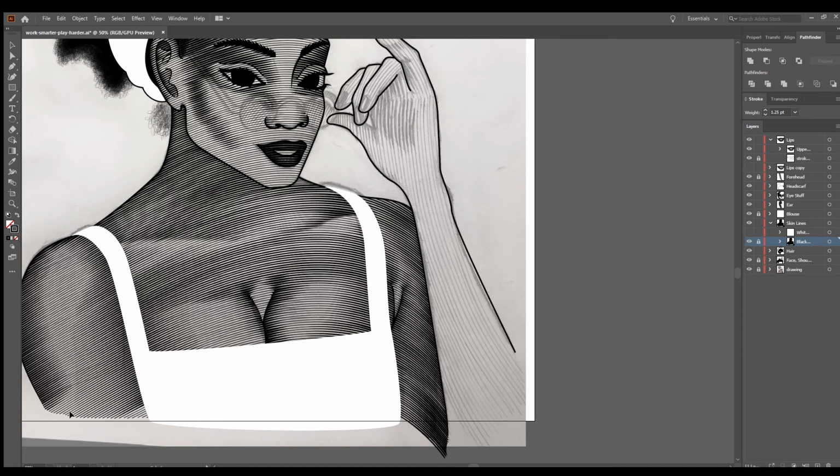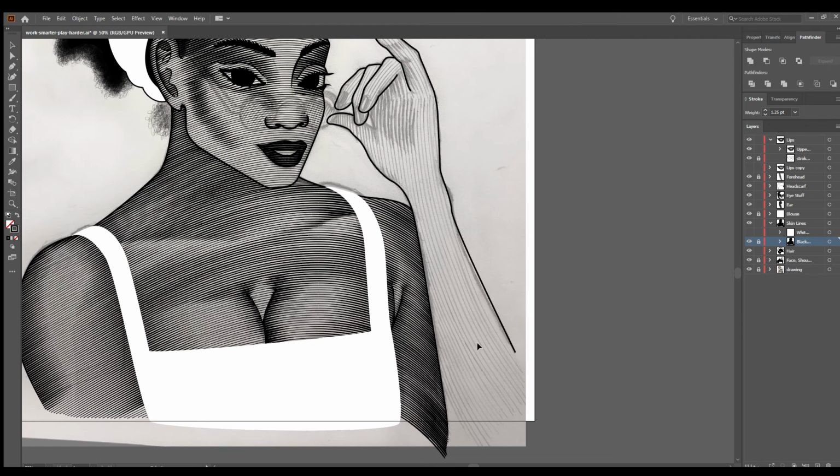Okay, so we are going to make some skin tone here, and how we're going to do that is I'm going to use the pen tool, make one single stroke, one curved line using the pen tool. Then I'm going to take that line and step and repeat it. Once it's been stepped and repeated